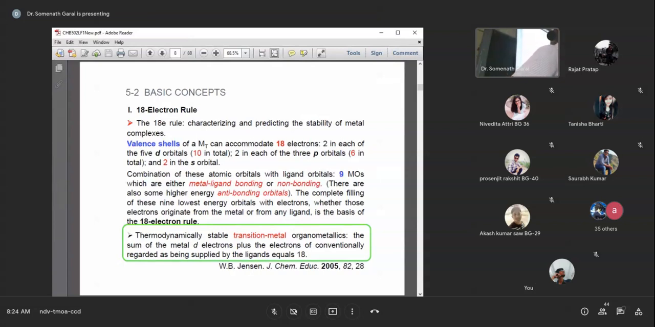Sir, it achieved noble gas configuration. Why? Yeah, 18 electron. If it is an element, then it will attain a noble gas configuration. That is fine. But in a compound where molecular orbitals are involved,